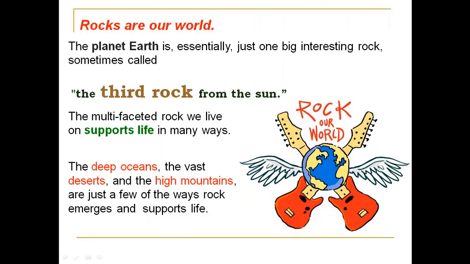Rocks. Rocks are our world. The planet Earth is essentially one big interesting rock. Inside it is molten, outside it is solid. At times it is also called the third rock from the sun because Earth is positioned third from the sun in its own orbit. The multifaceted rock that we live on, mainly the earth crust, supports life in many ways. Many a time we say that rocks do not have life, but life has been supported by rocks. Yes, when the rock gets disintegrated and weathered, it gives birth to enriched nutrient soil that supports life